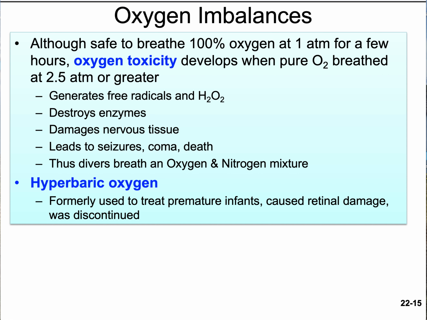Hyperbaric oxygen is at a higher atmospheric pressure, and so we were really getting oxygen into the tissues. But for premature infants, it was no longer used because it was causing this retinal damage. Hyperbaric oxygen is used under certain circumstances, and you can read about that on the internet, actually. And now that leads me to, at the end of the lecture, a series of chronic problems, like asthma,